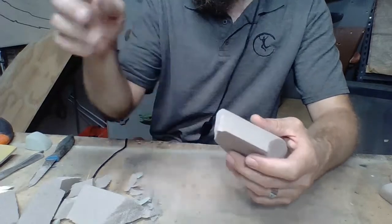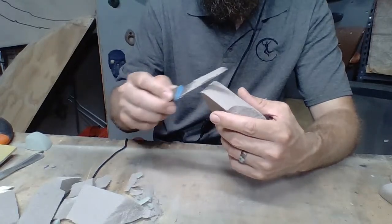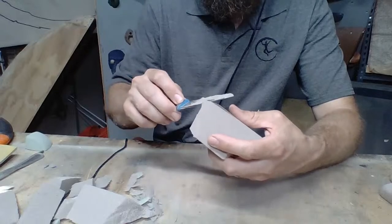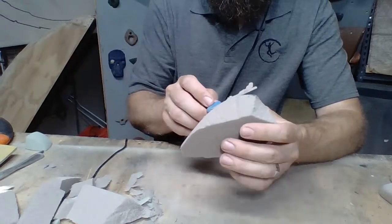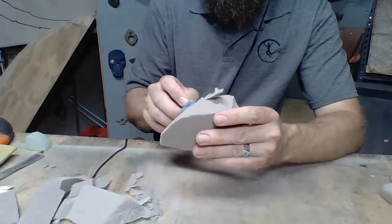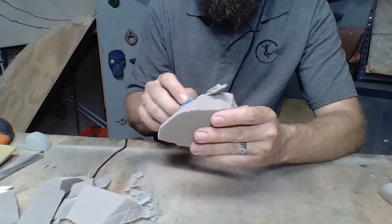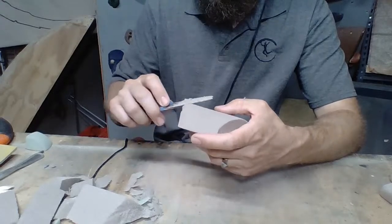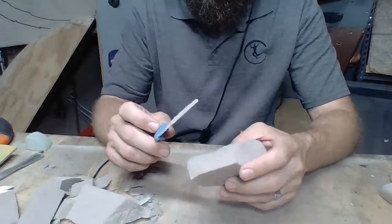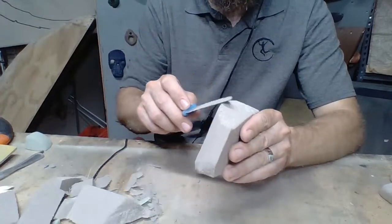All right. Now let's roll this over. We're gonna bring that smooth shape into that a little bit, and I'm gonna drop the smooth shape down on these edges. These are design decisions that you make sometimes on the fly, most of the time on the fly, actually, for me. One of the reasons why I like to shape is because I just get to put down the rule book and cut some foam,